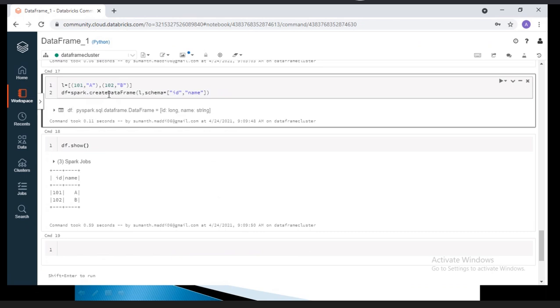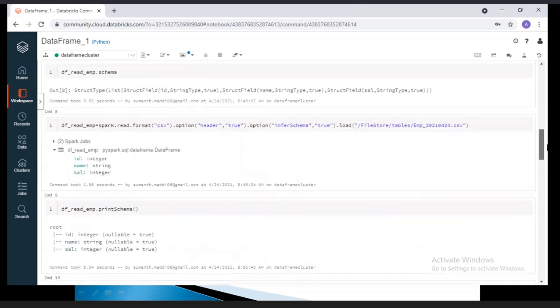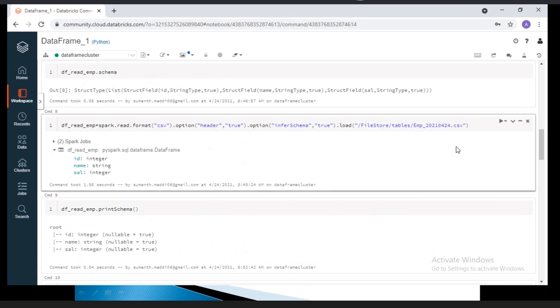Okay. Step one is mandatory: to read the data from the CSV. This is reading the data from the CSV. The next requirement: I want to read the data from multiple files. Now we have read the data from only one CSV file, right? But I want to read the data from multiple CSV files.